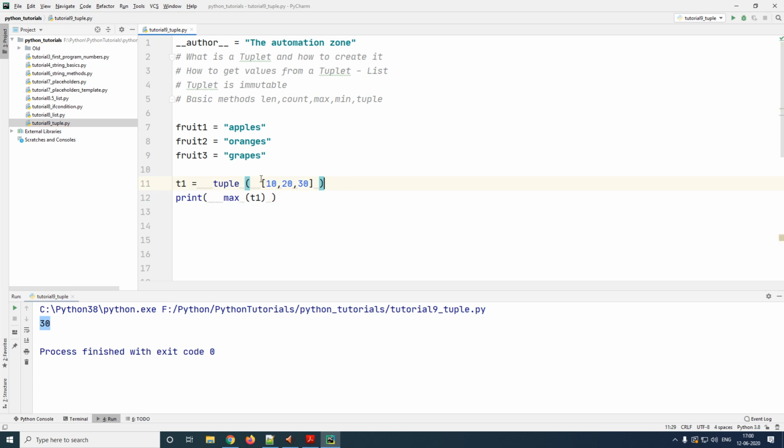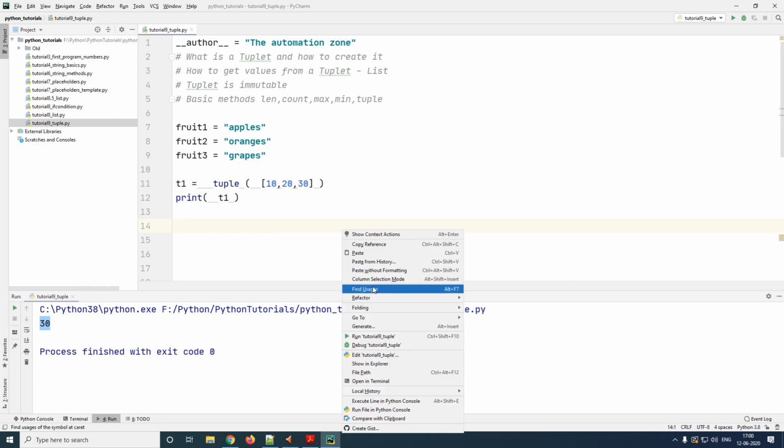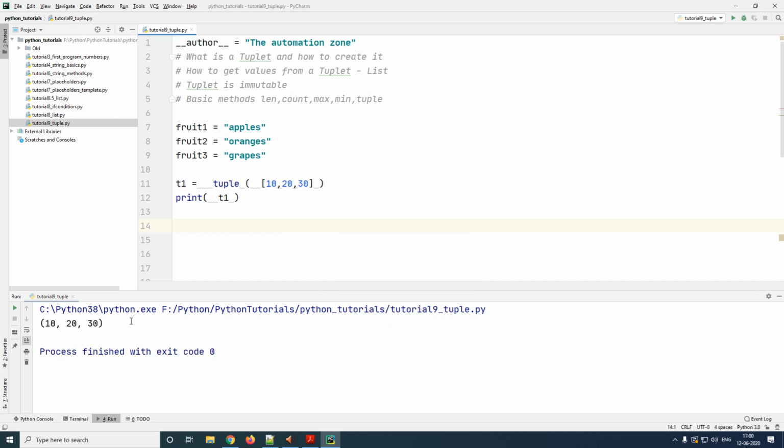Now you can either put a list directly inside of the command tuple, or you can give a variable that contains the list. So let me go ahead and print t1. And if you see the output, t1 is going to be a tuple and not a list, because the command tuple is going to convert a list into a tuple.